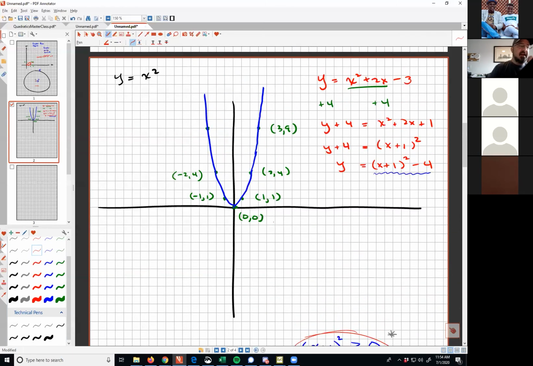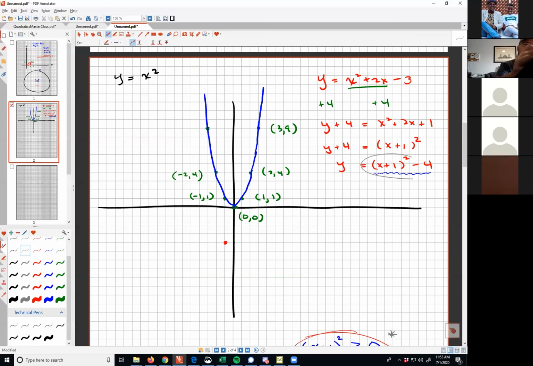So when x is -1, and that happens at this point right here, that's the lowest point on our parabola. And then if we go outward from -1, right,